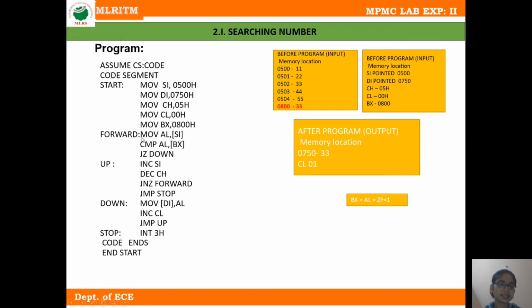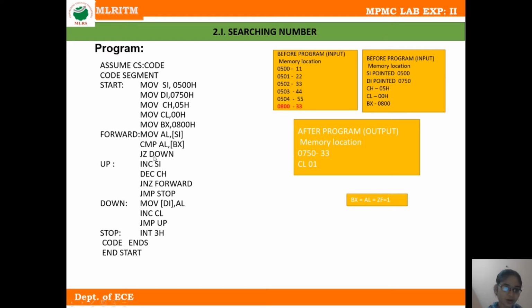Again this instruction, move AL, bracket SI, is executed. SI now points to memory location 501, so the content of 501 is moved into the AL register, and again 22 is compared with 33, and the comparison is not equal, so the result is not 0.